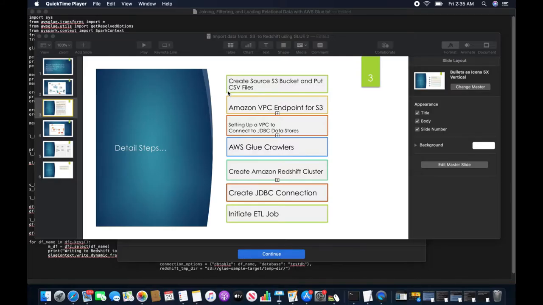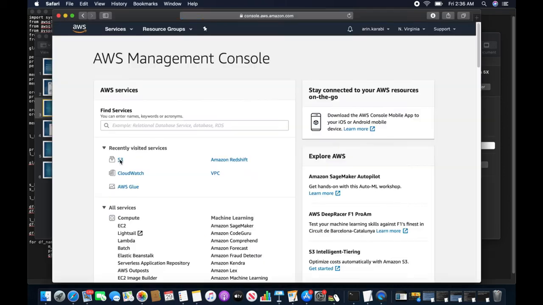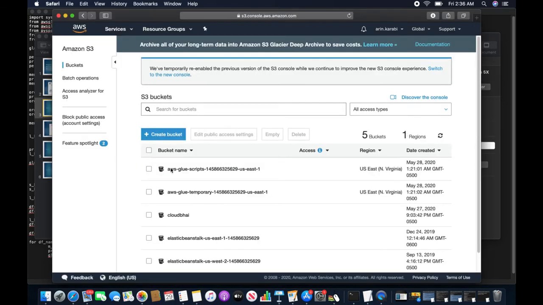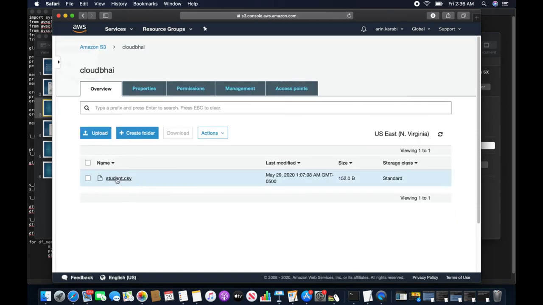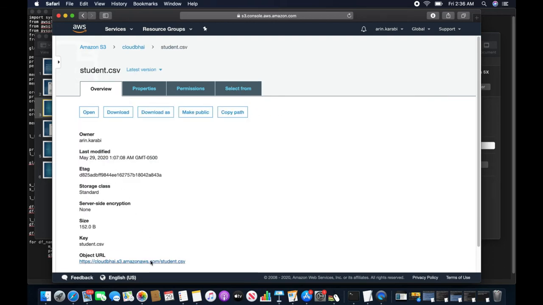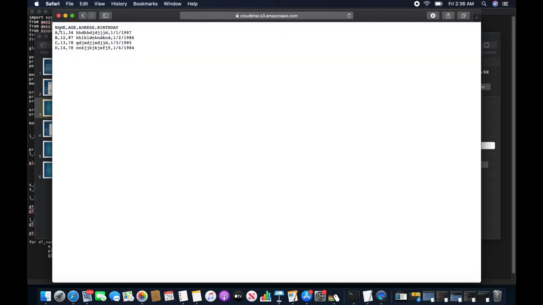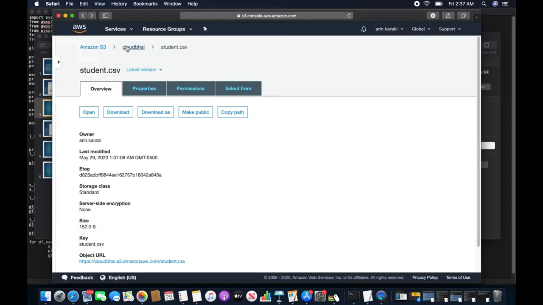Well, so let's begin by creating the source S3 bucket. Okay, I'm going to S3. I already created a bucket called CloudBuy, and I already put in a sample CSV file. If I open this CSV, you can see it has only four columns: name, age, address, and birthday. So at the beginning, I'm going to import this data to Redshift. This part is done. The next part,